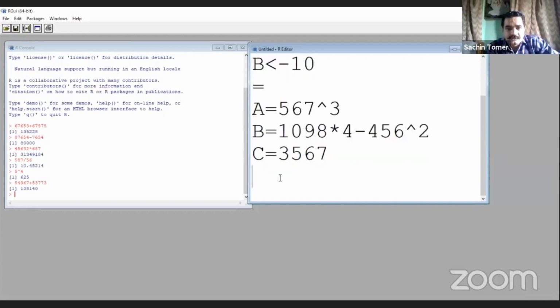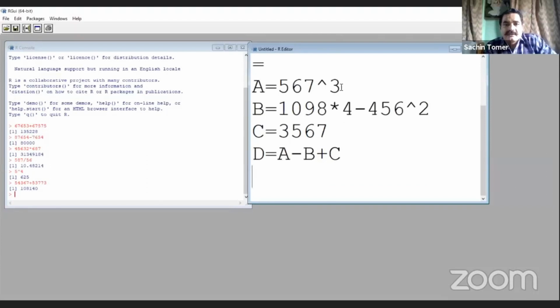Now this is for you. You have to tell me what will be the value of d if d is equal to a minus b plus c.